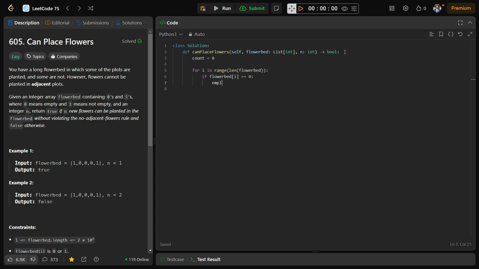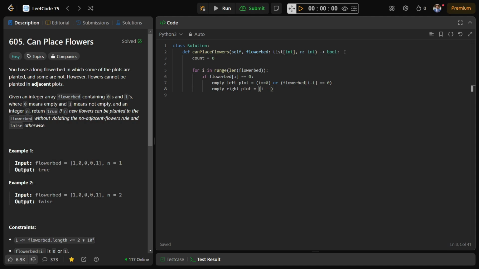So let's see, empty left plot equals, if it is a starting index or flower bed of I minus 1 is 0, either of the two. Empty right plot